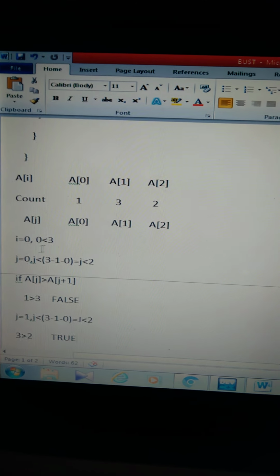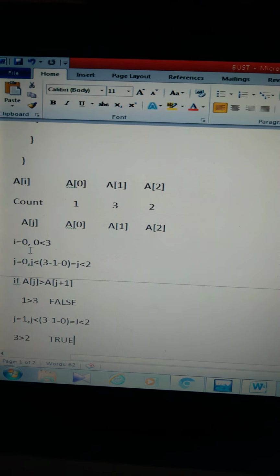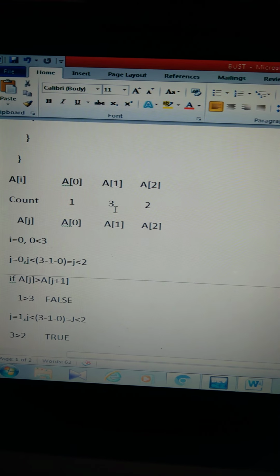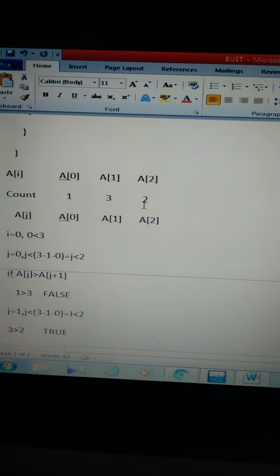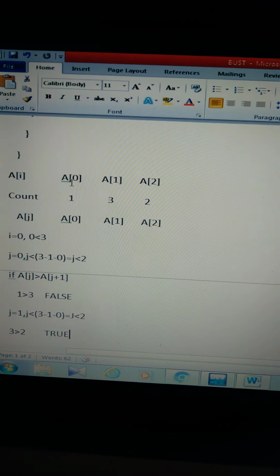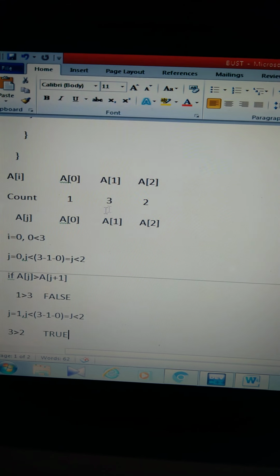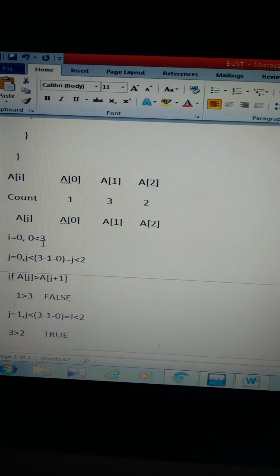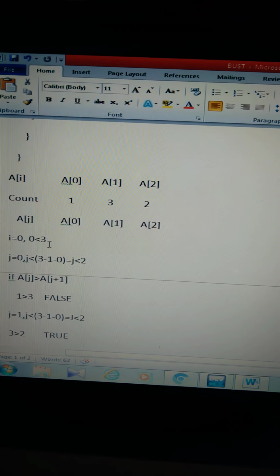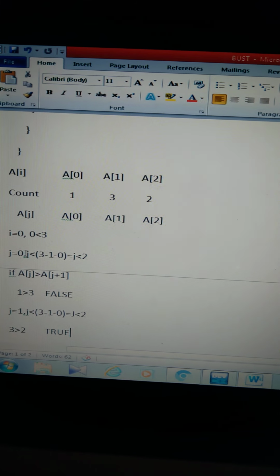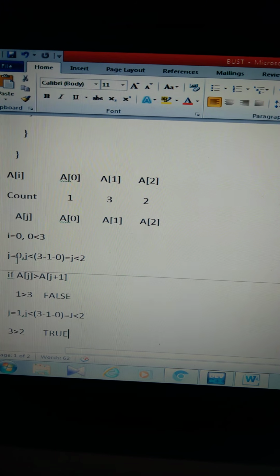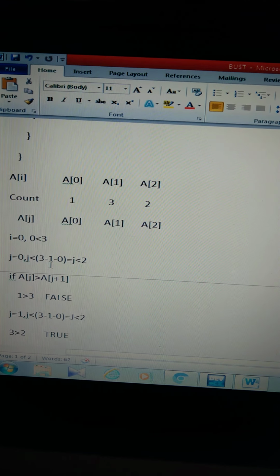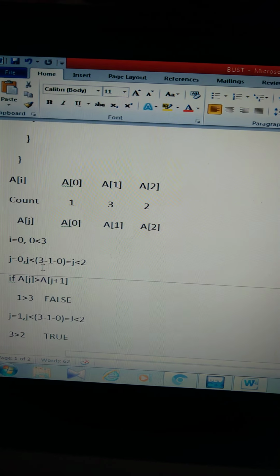Okay, the first value is I is equal to 0 here. We have taken the number of elements count as 1, 2, 3, but while representing in the form of index values I or j, it becomes 2. Okay, general counting is 1, 2, 3, 3 numbers, 0 is less than 3. So the first for condition is satisfied. Okay, next condition also should be satisfied, that is j is equal to 0. Okay, n minus 1 minus I, that is here.